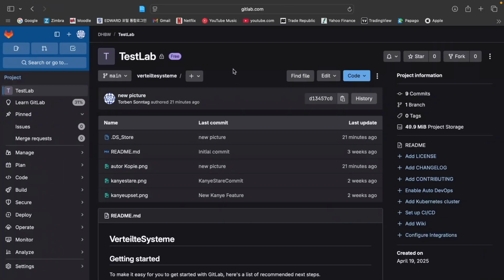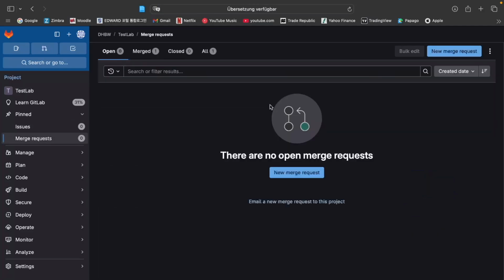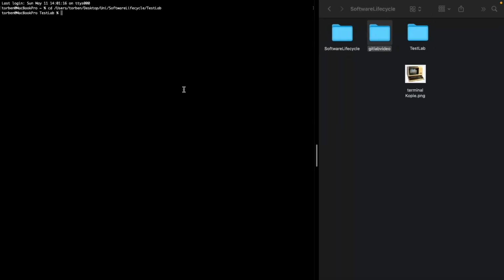I also want to show you how you can do merge requests, and this is basically a safe way of suggesting or approving changes to your project before they really affect the main code base. So it's a way of safely testing a change and the other code isn't at risk. And you can do that by going back to the terminal, and first you have to create a new branch to make the changes, and the command for that would be git checkout